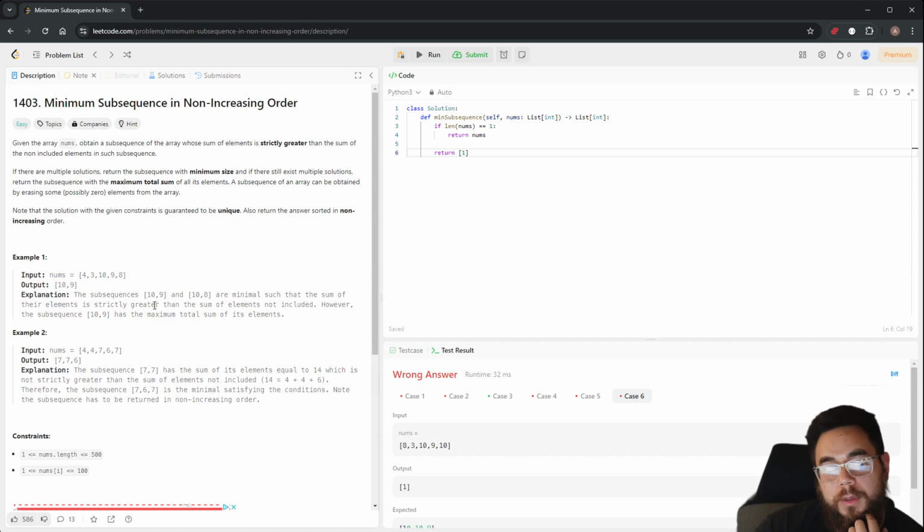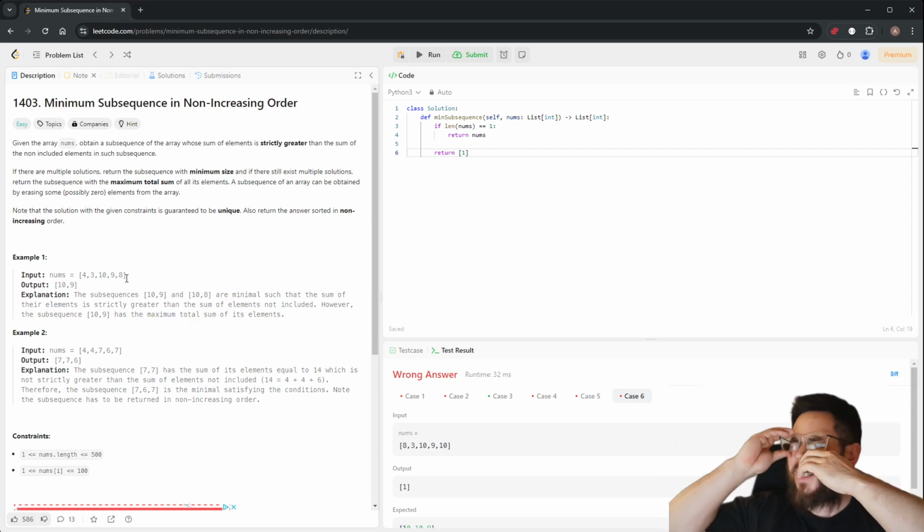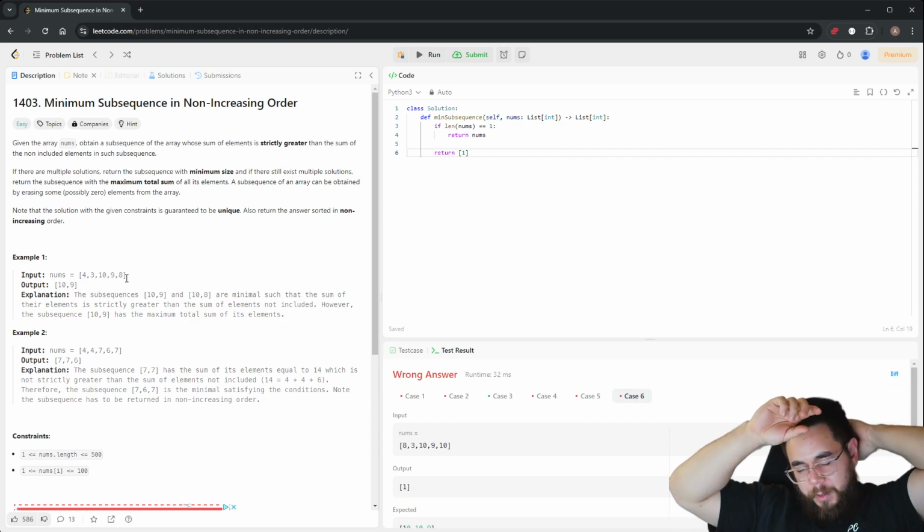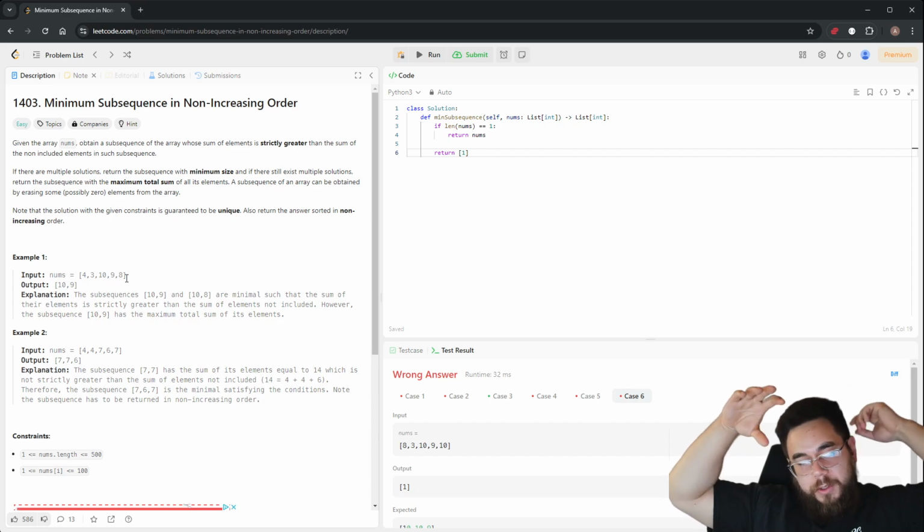As I traverse the list, I would need to know the greatest subsequence or the minimum subsequence in non-increasing order so far. Actually, no, dynamic programming could work. That'd be like a two-dimensional dynamic programming problem where you could represent this as a matrix of